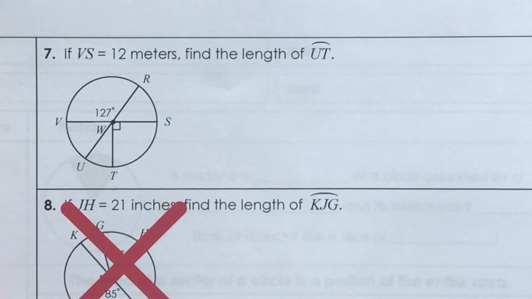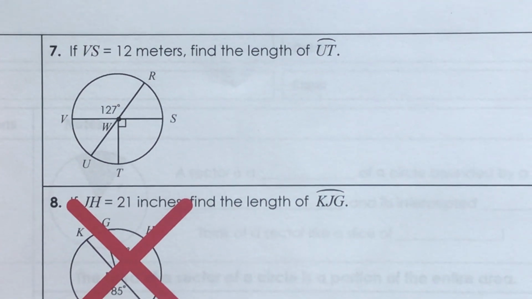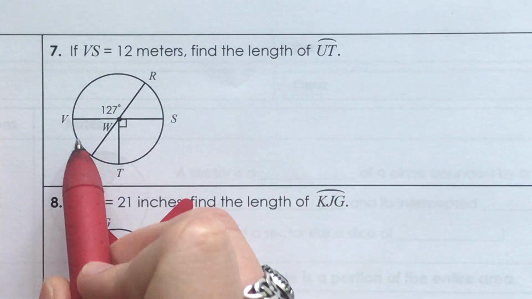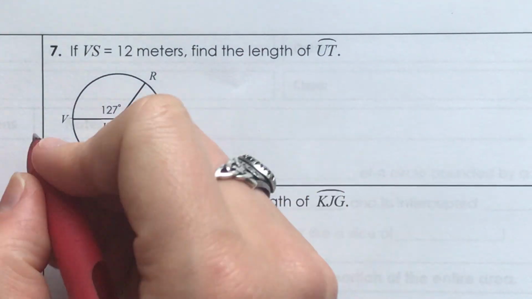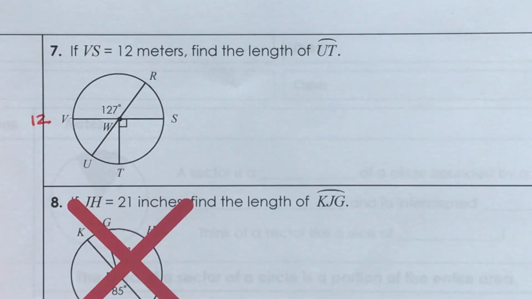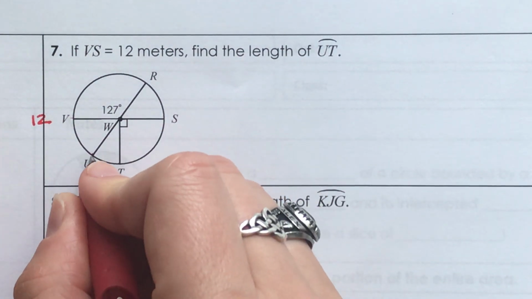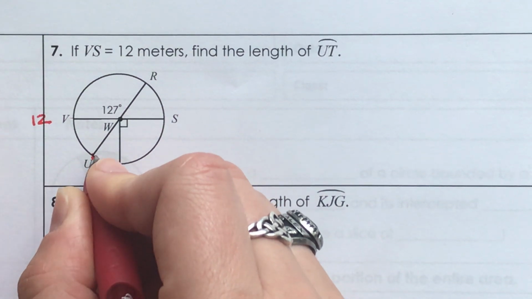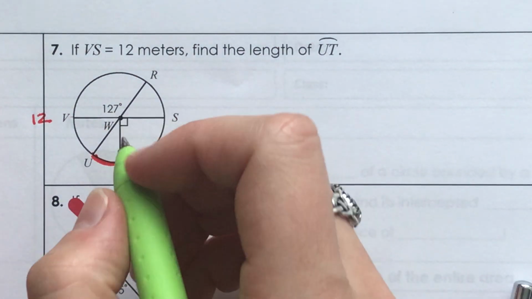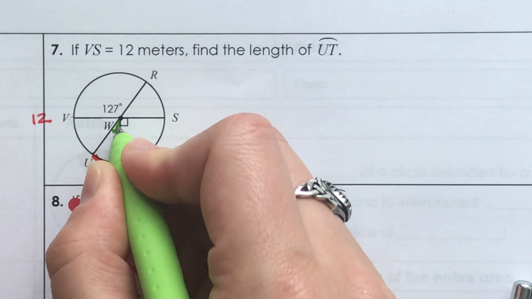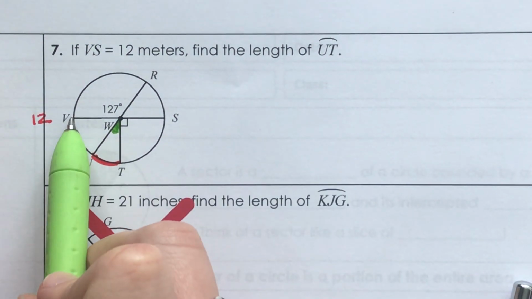If VS equals 12 meters, find the length of UT. Okay, so VS, this whole thing is 12. I want to find the length of U to T. I want to know just this one piece right here. Okay, now I know I'm going to have to figure out what this little angle is right here first. I know that VS